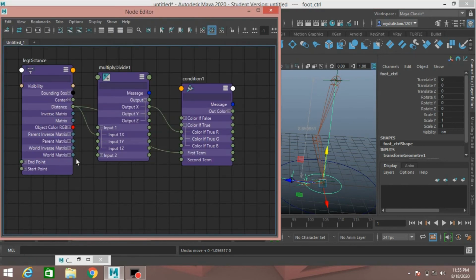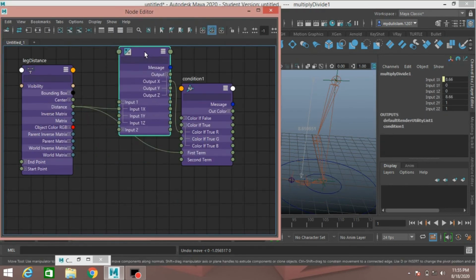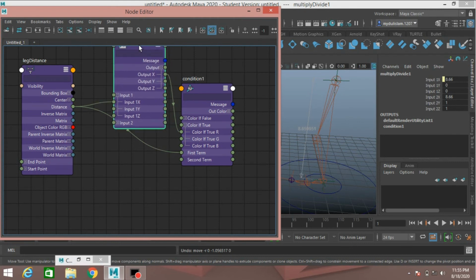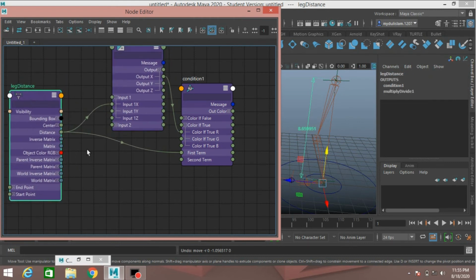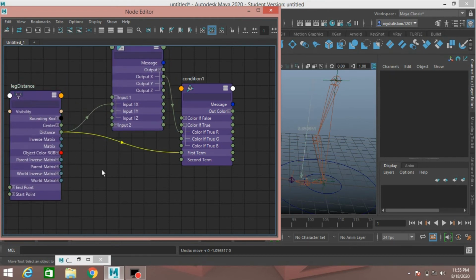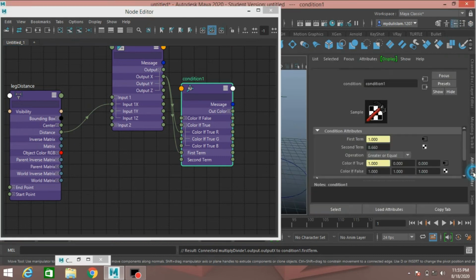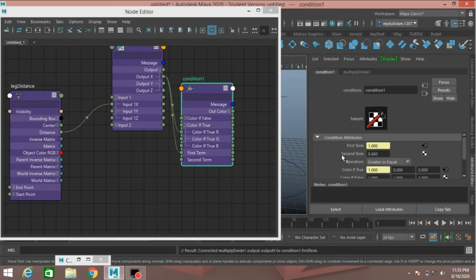Now open node editor, select this connection, press delete, connect the outX to first term, select the condition node, open attribute editor and second term type 1, press enter,